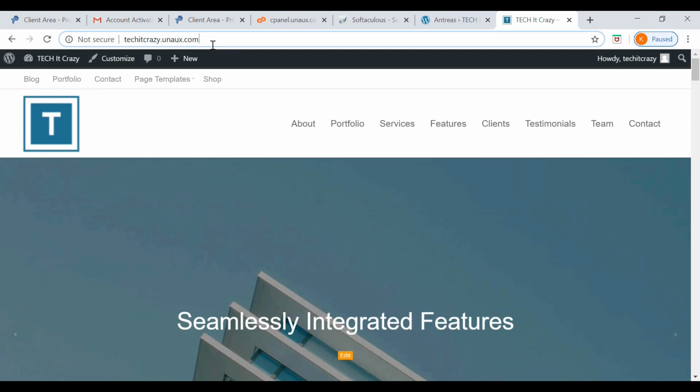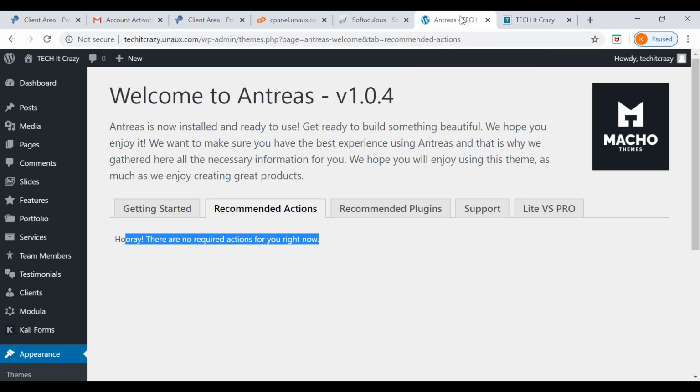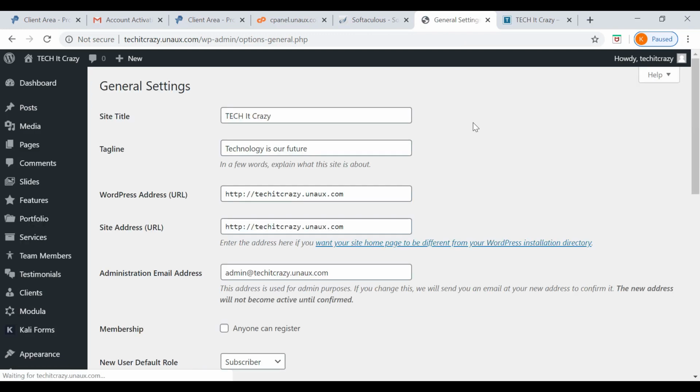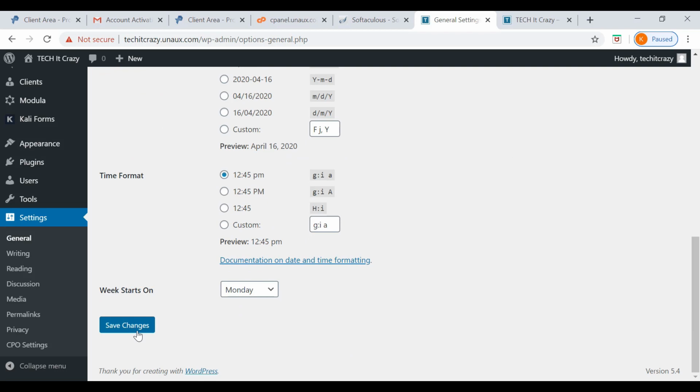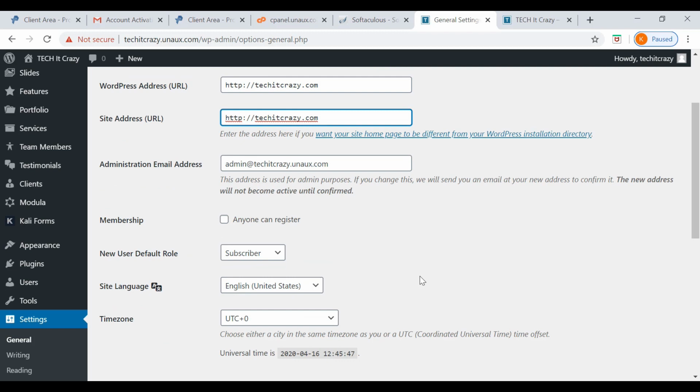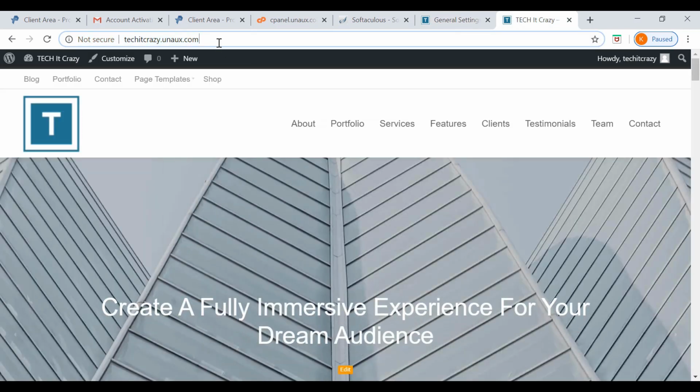Let's say now it is techitcrazy.unix.com, right? If you want to have your own domain.com, then you need to make these changes in settings, general settings. There you need to give your own domain, let's say TechItCrazy.com instead of TechItCrazy.unix.com. But you have to give this one as a parked domain in your hosting services. Those things maybe I can explain in the next video.